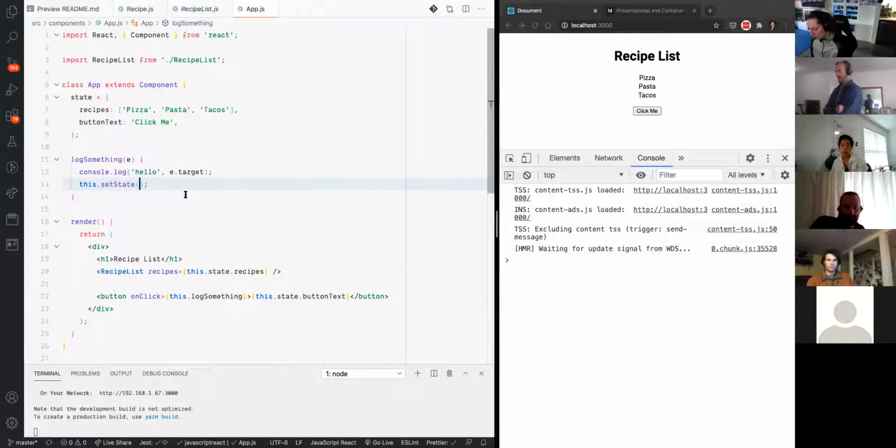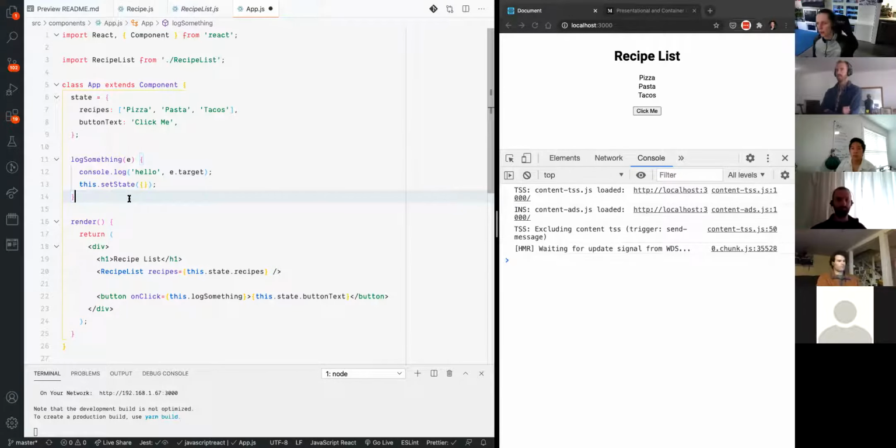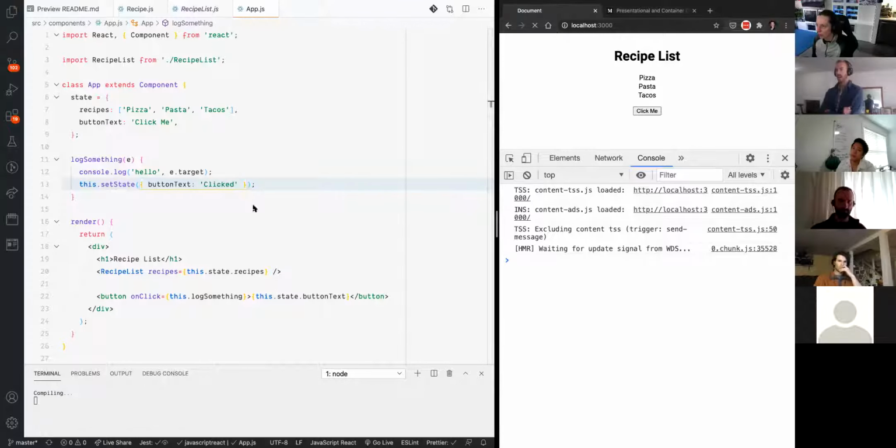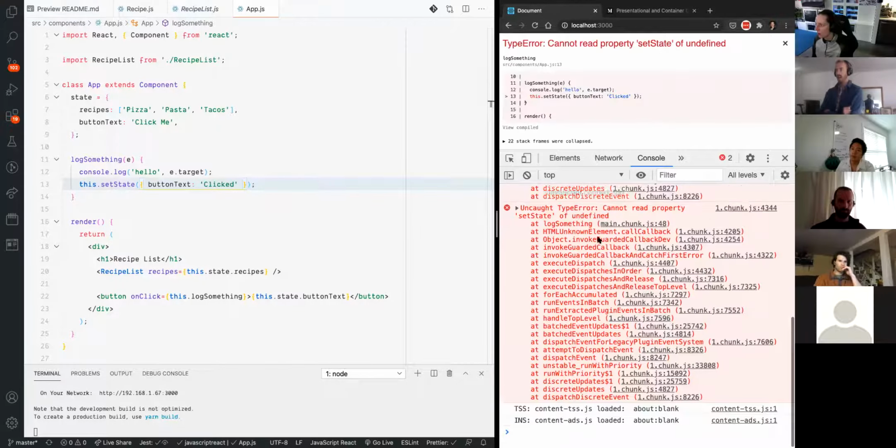And what do we want to change this to? Or what do we pass in here? The set state method can either take an object, the change in state that you want to make, or it can take a callback function. We'll probably talk about the callback function way later if we still have time, otherwise we'll touch on it tomorrow. But this is the simpler way of setting state. You pass in your object, you take your button text key and we change this to something else. So this is pretty much just like we are,